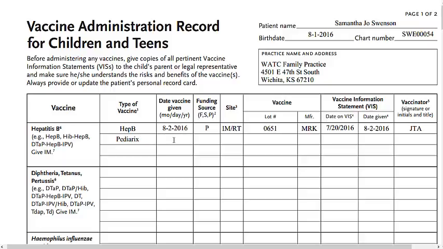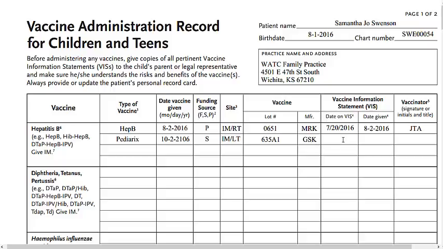And we're going to say that the patient came in on the 2nd of October to get this. And they now have state insurance. They have can care, so I'm going to put an S in here. And I have to say where I gave this. Now we know that Pediarix is given IM, and this was given in the left thigh. My lot number for this, 635A1. This is by Glasgow